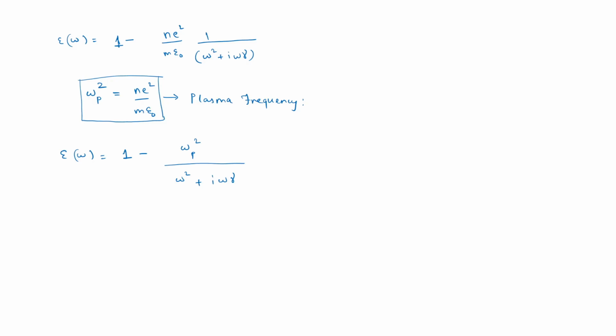You see here it is a complex valued function. Epsilon omega is complex valued, and we can write epsilon omega as epsilon 1 omega plus I epsilon 2 omega. That will give us the real and the imaginary part of the permittivity. So for that we have to do some more simplifications. So let us try to do that. We take this equation,